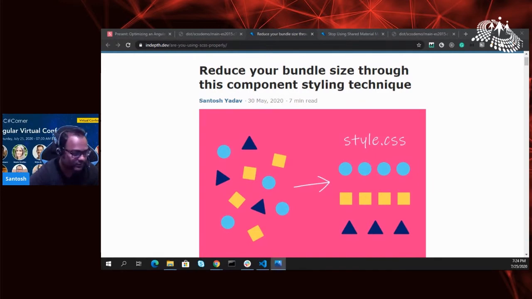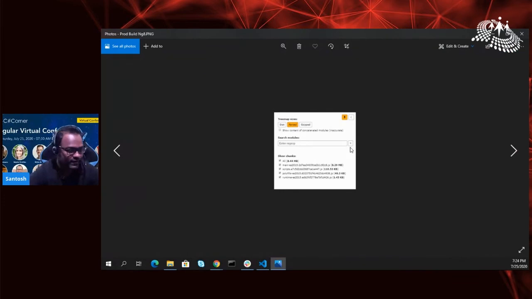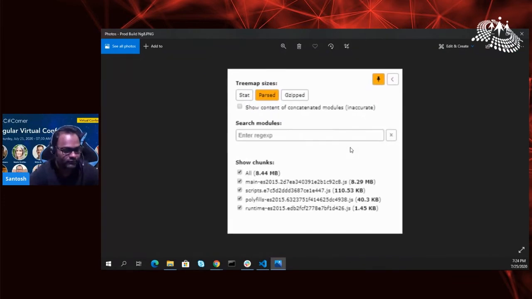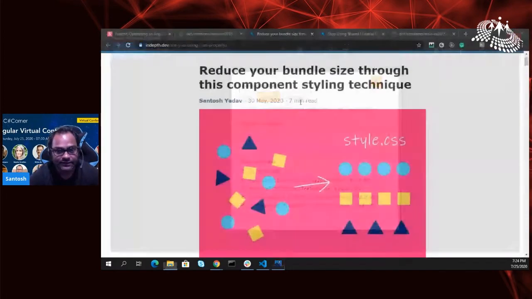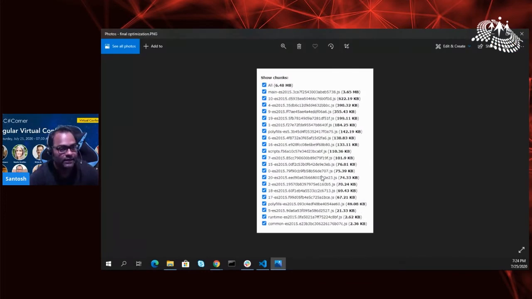So I'll show you the prod build. This is what we started with. We had around 8.44 MB of initial bundle size, and we had no lazy loaded module. We had all of the shared module, everything, right? From this, we went on to achieve this one. You can see now I have different modules, but my entire app size is now 6.48 MB.